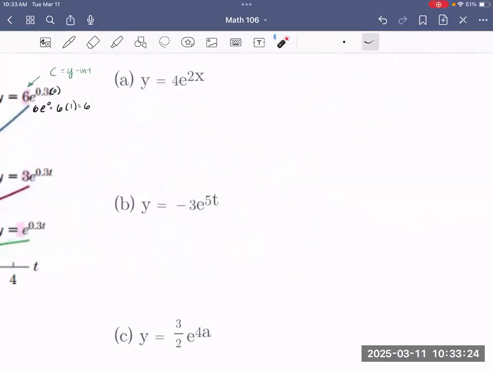So if we are given some sort of equation here, and we are coming up with what the derivative is,